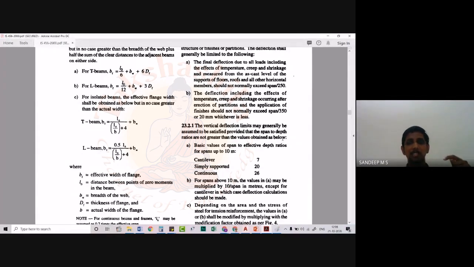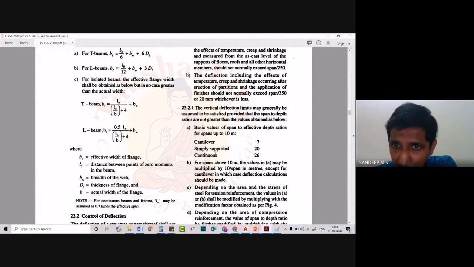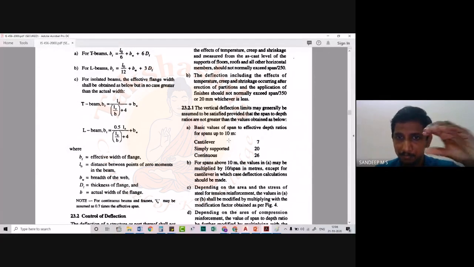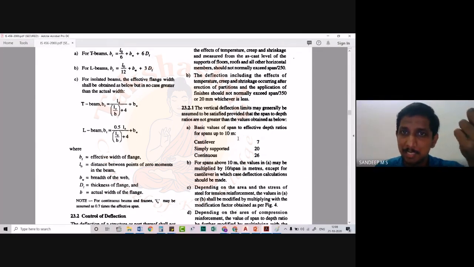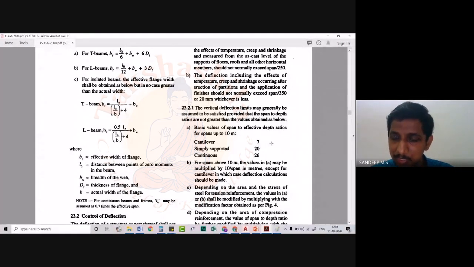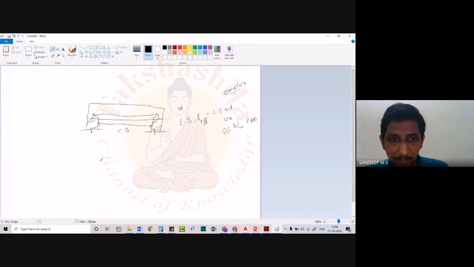So basically what we have to consider is the span to depth ratio. Please note the basic value of span to effective depth ratio for span up to 10 meters. So this condition is possible for spans up to a limit of 10 meters. If the beam is having a span of less than 10 meters, for a cantilever, the span to effective depth ratio should be taken as 7. So basically we will be having the L by D ratio, the span to effective depth ratio, and if it is a cantilever, it should be